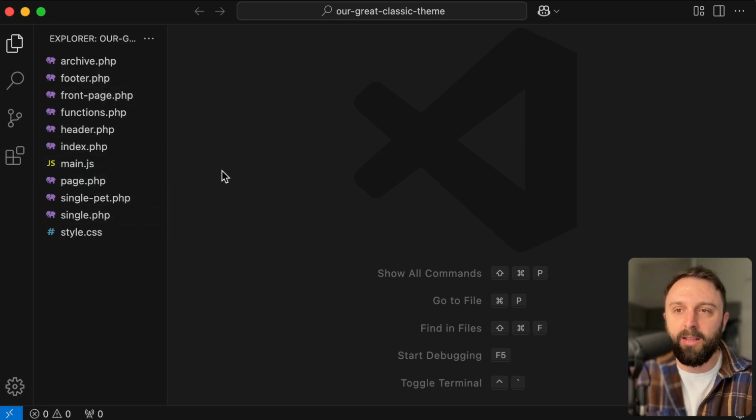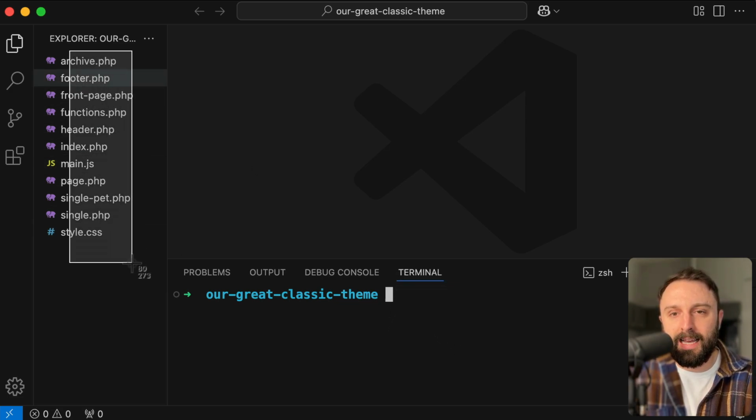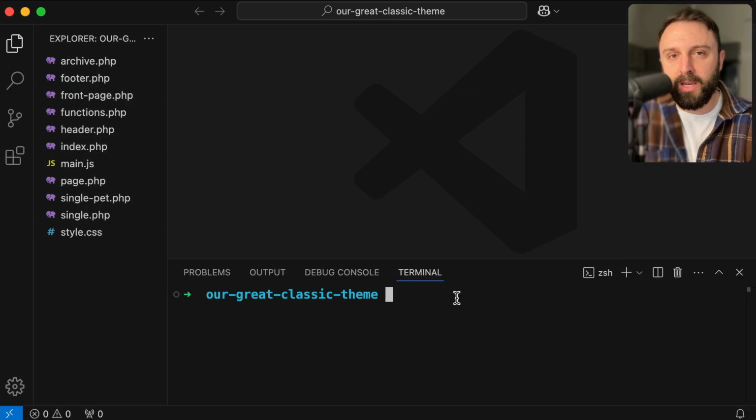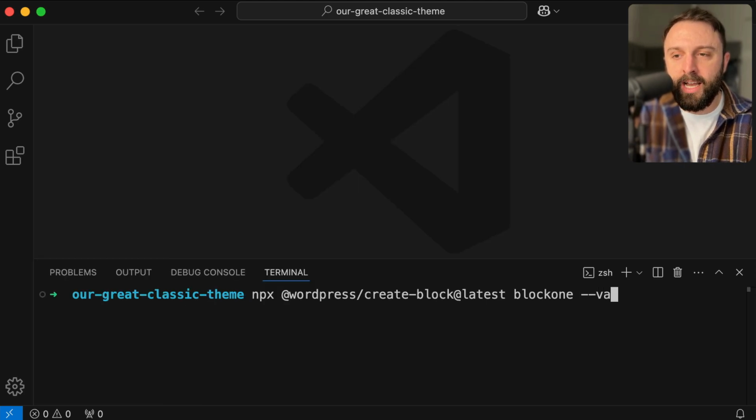Here's how you would do that. From your terminal or your command line that's pointing towards your classic theme, run this command with me. npx @wordpress/create-block@latest, and then a space. Let's give our first block a name. Let's just call it block1, and then a space, say --variant, and then a space dynamic,